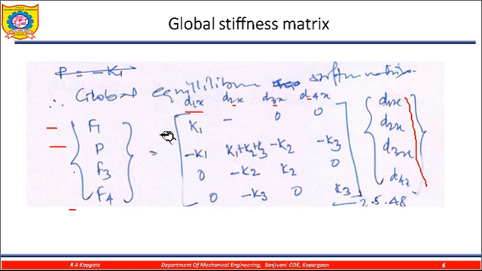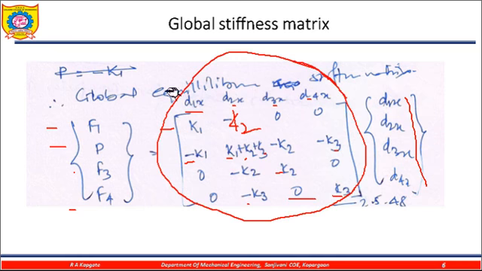Now we are going by the direct manipulation process. We are directly writing this is the K1. Then here we need to write that is the K1, minus K1. Now minus K1 plus K1. Now in the 2, that is the K2 is here, K3 also comes here, minus K2, minus K3. Now at the 3, that is the 2 and 4 are related, so K3, minus K3, minus K3, plus K3. So this is the 0, this is the 0. So this assemblage is very easily possible through the direct method.